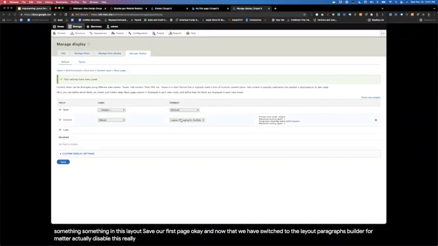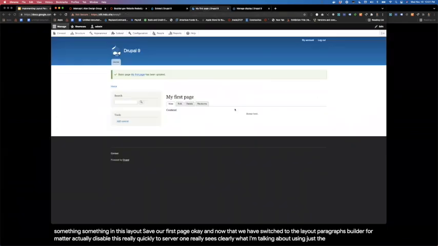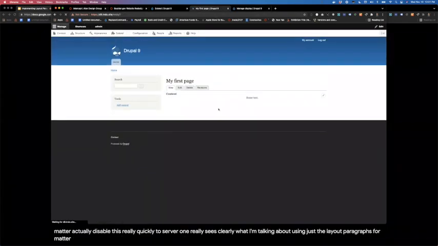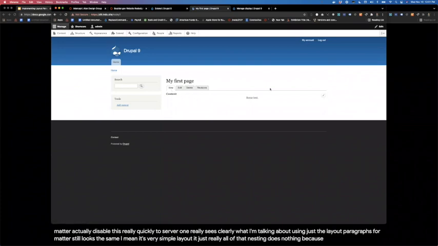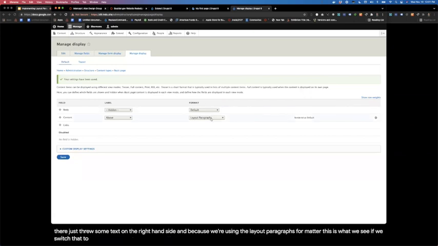Okay, and now that we have switched to the layout paragraphs builder formatter, let me actually disable this really quickly just so everyone really sees clearly what I'm talking about. Using just the layout paragraphs formatter, it still looks the same. I mean, it's a very simple layout. All of that nesting does nothing because there's no content in there. It just threw some text on the right-hand side. And because we're using the layout paragraphs formatter, this is what we see. If we switch that to layout paragraphs builder,